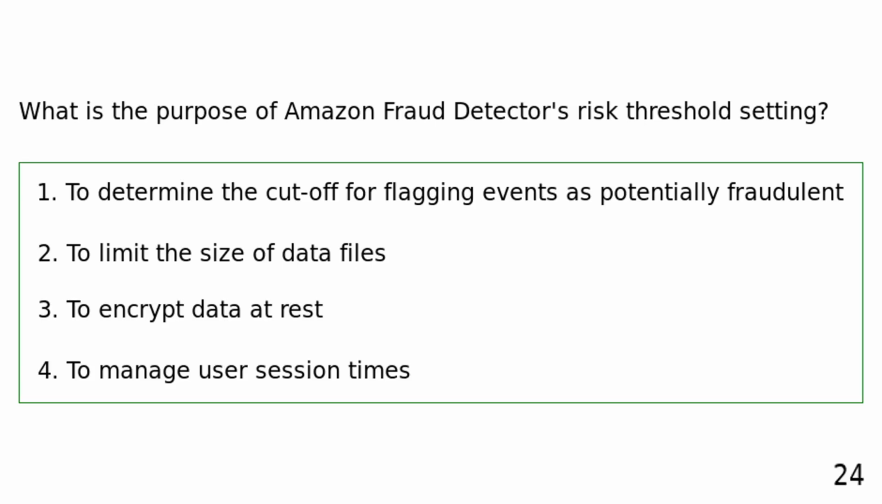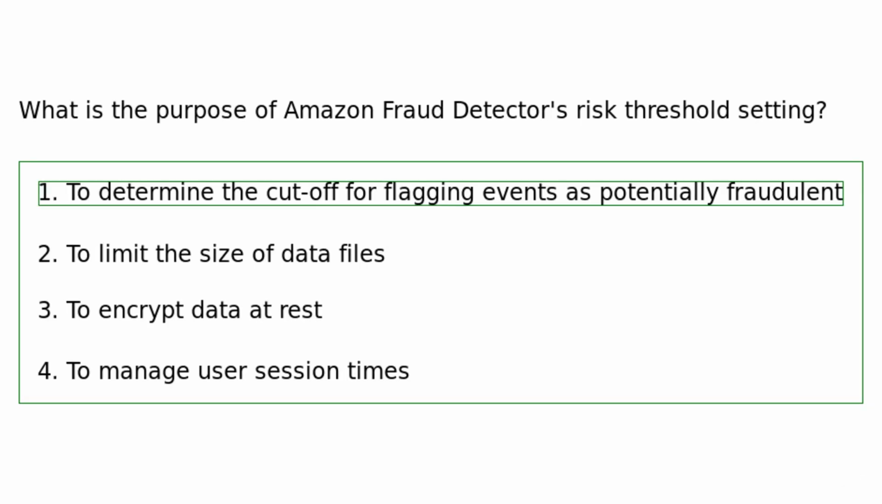What is the purpose of Amazon Fraud Detector's risk threshold setting? To determine the cutoff for flagging events as potentially fraudulent. To limit the size of data files. To encrypt data at rest. To manage user session times. The purpose of the risk threshold setting in Amazon Fraud Detector is to determine the cutoff point for flagging events